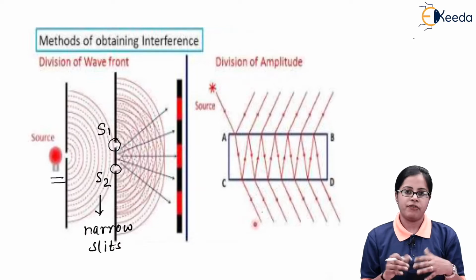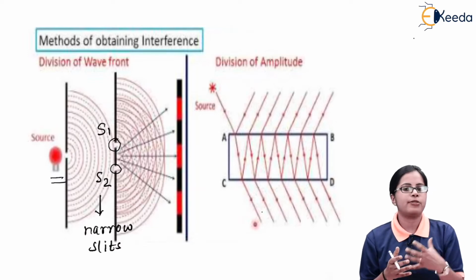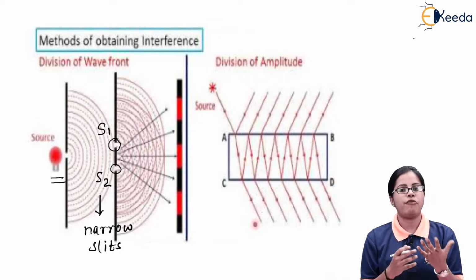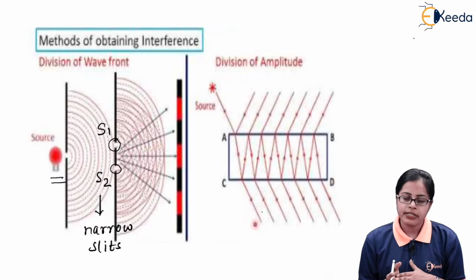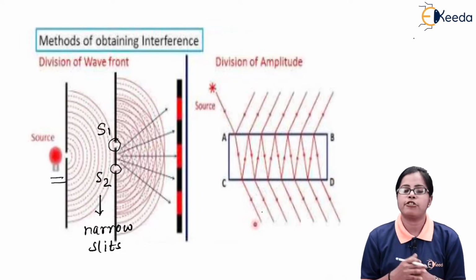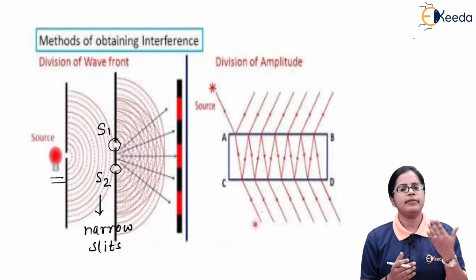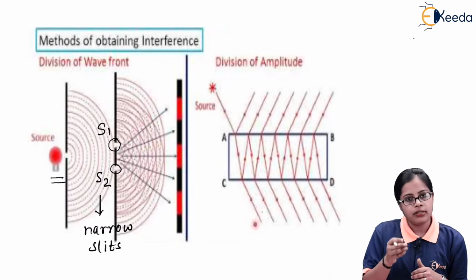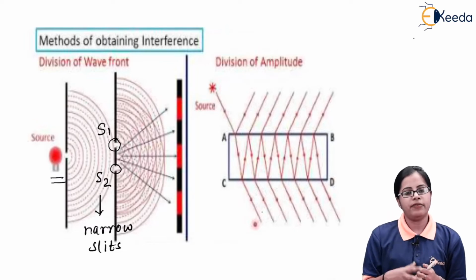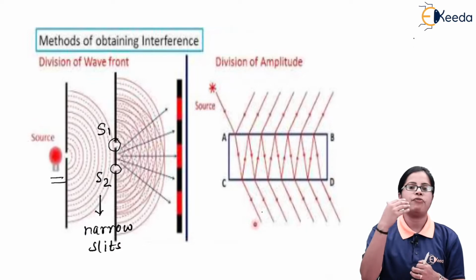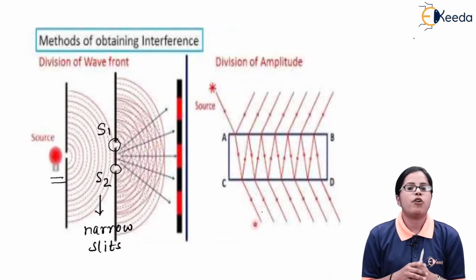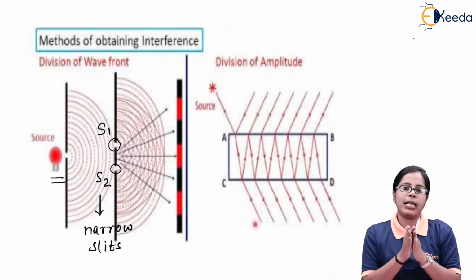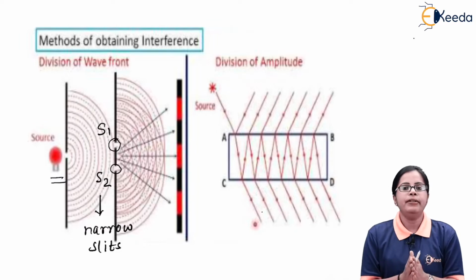But if the waves emitted after S1 and S2 overlap in a destructive manner, that is, crest of one wave overlapping with the trough of another, or trough of one wave overlapping with the crest of another, then destructive interference is going to occur and we are going to get a dark band on the screen. In a similar manner, we get different patterns of dark and bright bands, and that is what we call an interference pattern.